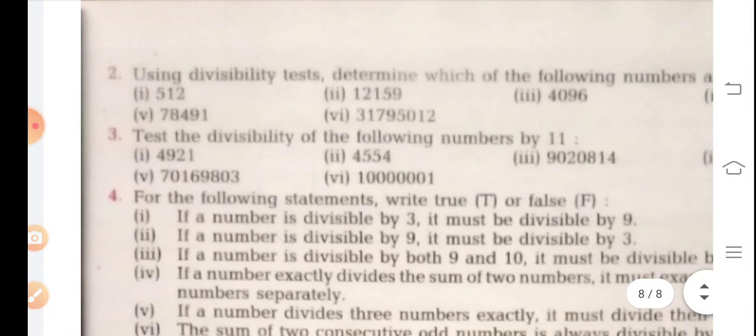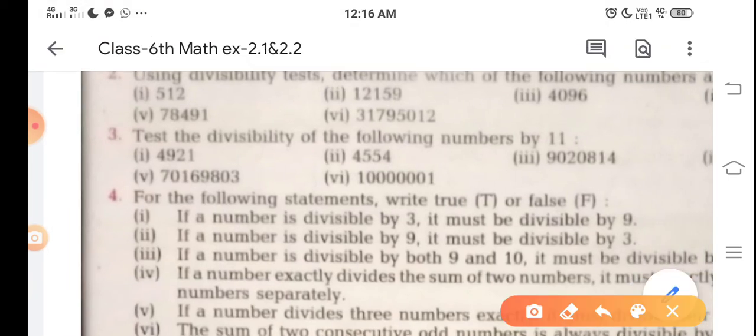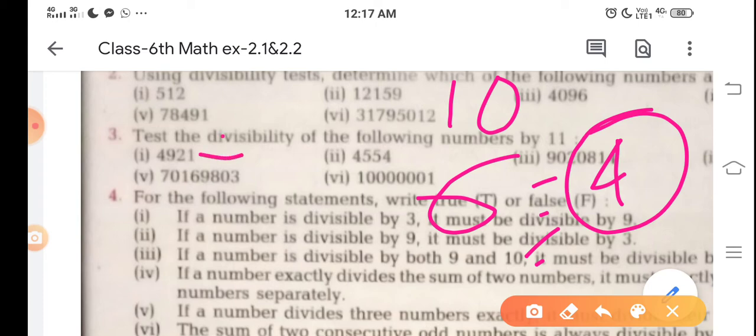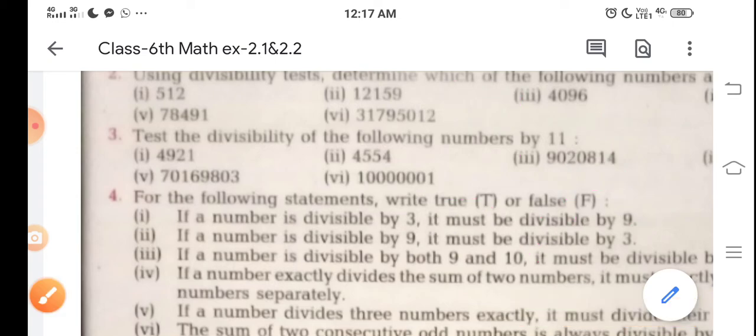It means you see here 9, 1, 10. Okay, next here 2, 4, 6. Then when you subtract it, what do you get? Your answer is 4. That's not equal to 0, and that's not a multiple of 11, so that number is not divisible by 11. Okay, so do you understand?